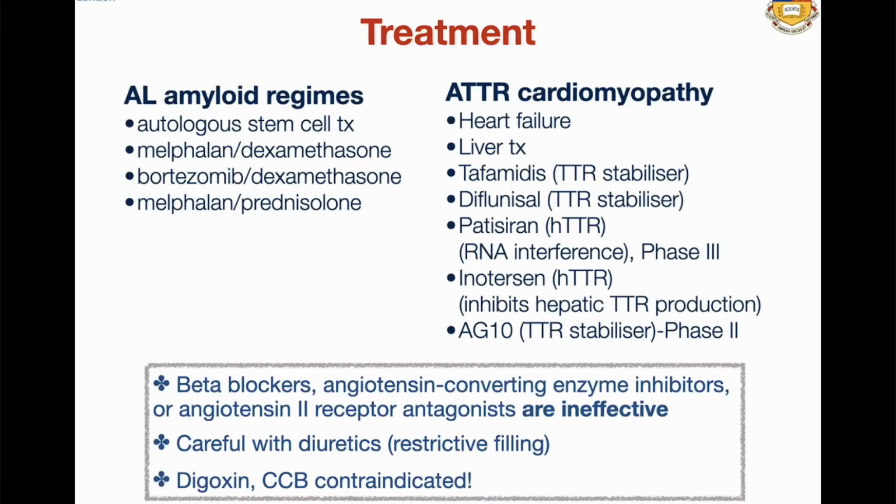Whereas in patients with transthyretin cardiomyopathy, we have predominantly treatment of heart failure, liver transplantation, and new drugs like tafamidis, which is a TTR stabilizer, and the other drugs that you can see on